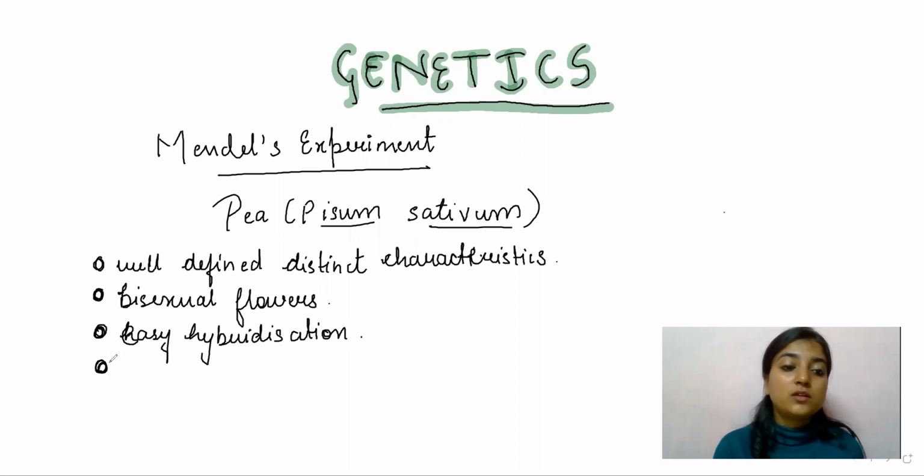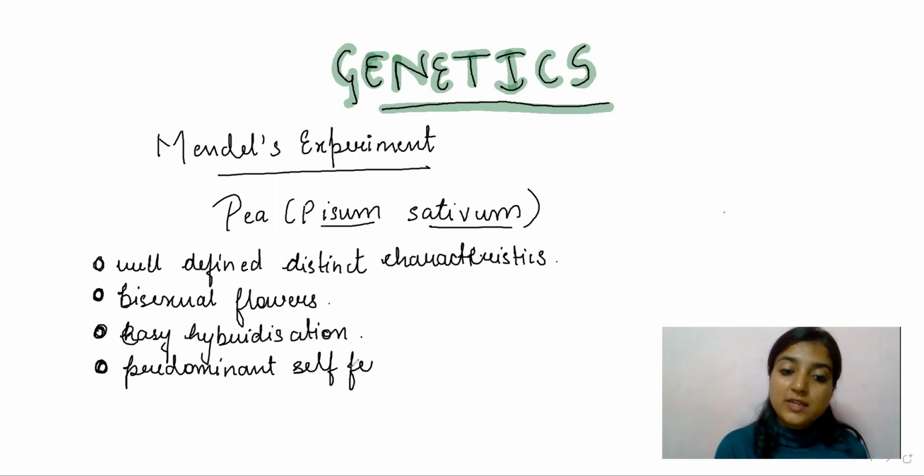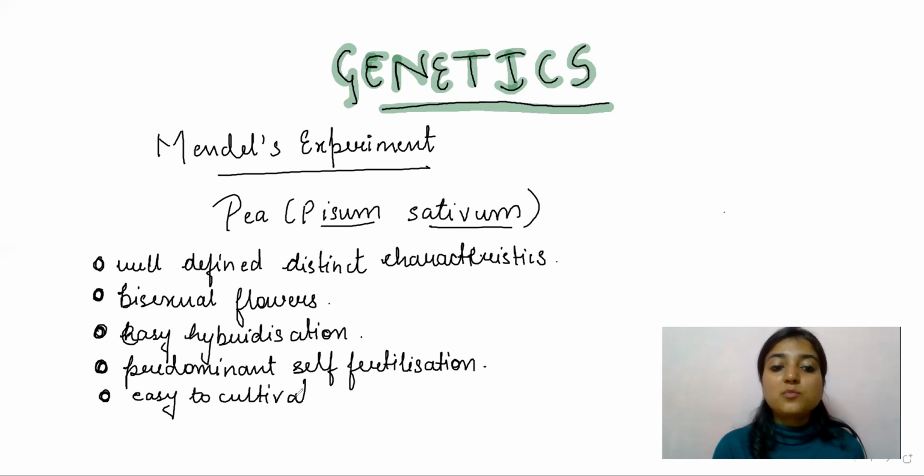Now, the fourth is that he took the pea plant because it shows predominant self-fertilization. The fifth advantage of taking the pea plant is that it is easy to cultivate. And the last point is that the pea plant has a relatively short life cycle. Okay, now